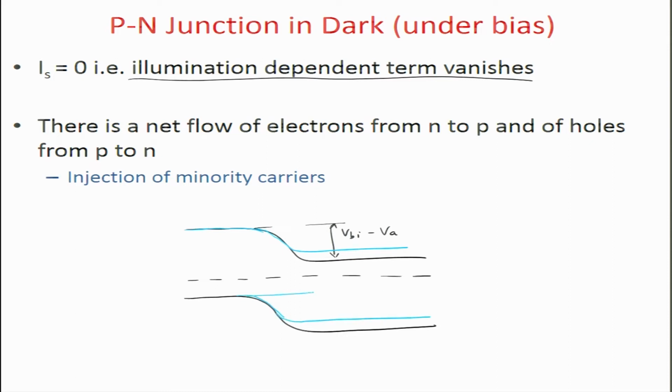So essentially the barrier has now reduced to Vbi minus Va, which means you can see that there is a shift in the Fermi levels also. Fermi levels are going to split. Since the energy levels have risen on this side, the N Fermi level goes here and the P Fermi level goes here. So there is a split, and the split is equal to the applied bias, alright. So basically the Fermi levels are split, and this split is nothing but equal to Va.